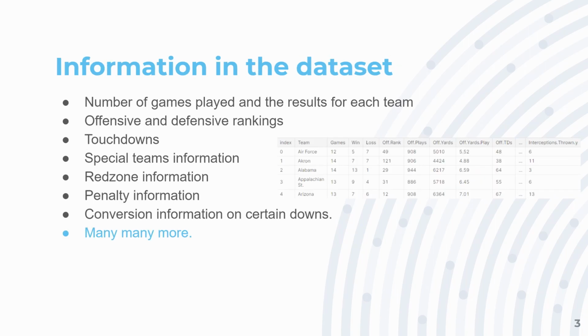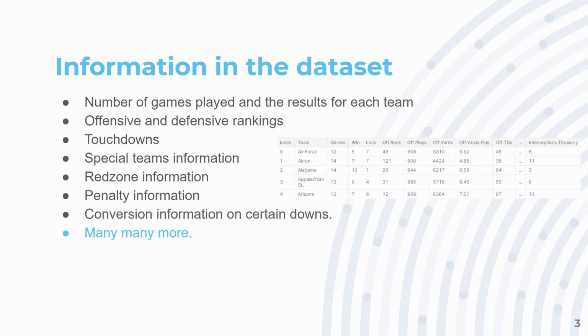The information covered in the dataset is quite extensive and covers things such as the number of games played by each team, as well as how many of those games were wins and losses, the offensive and defensive rankings for that team for that year, the touchdowns allowed for that team and their opponents, the special teams information such as kickoff returns, average yards per return, punt information for them and their opponents, such as where they fielded punts, red